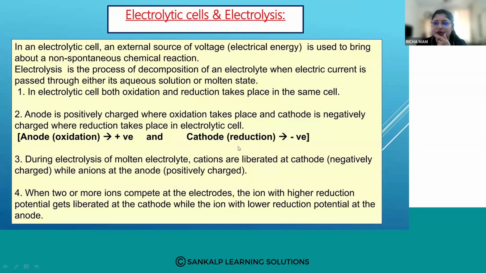So what happens in electrolysis when you put an external electric voltage? In an electrolytic cell, an external voltage is applied. When you apply an external voltage, the cations will be liberated at the cathode, because opposite charges attract each other, right? So the cations move towards the cathode, which is negatively charged, and the anions, which are negatively charged,